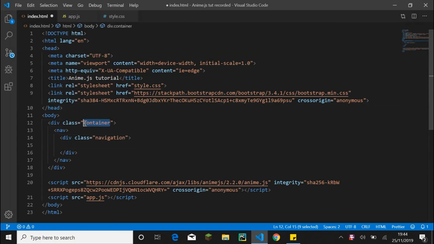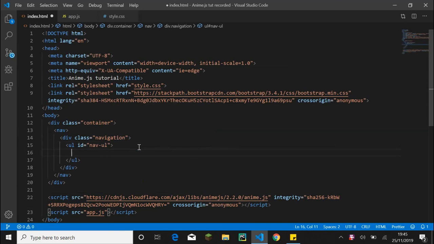What this container does is pretty much makes any children, and any other children of that children, whatever elements that is, automatically margined for us. And alright, now within this navigation we'll be making a UL tag, and I will be making an ID of nav UL, and in the list items I'll be making this with a class of